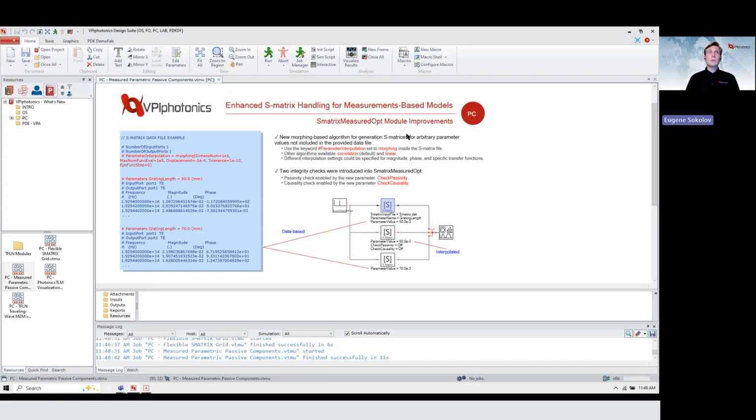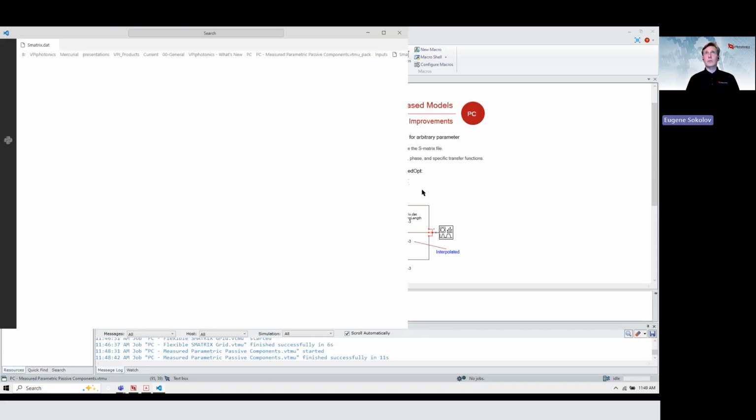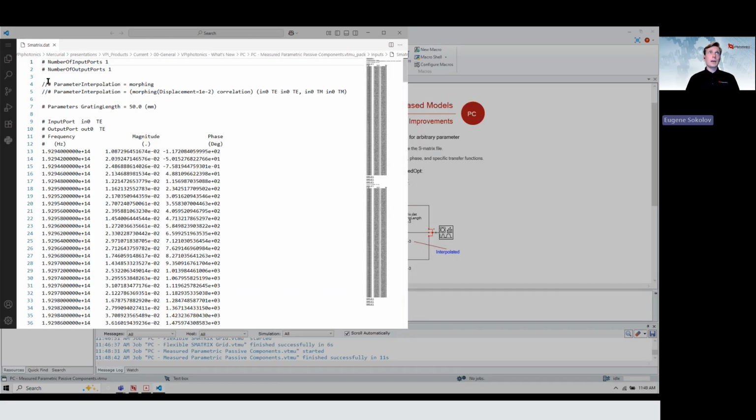So now if you want to specify it, you go inside the file and you can introduce this keyword, parameter interpolation, and you can set it to morphing. So let me open the S-matrix file and show you how it is done. I have it currently commented, and so by default we use the correlation algorithm. So now if I uncomment this and save